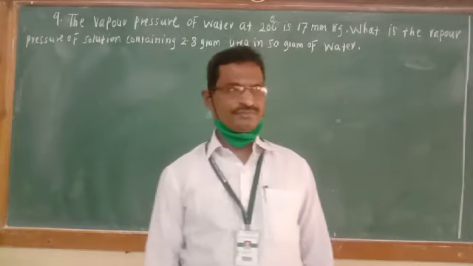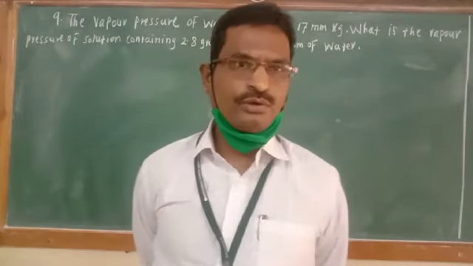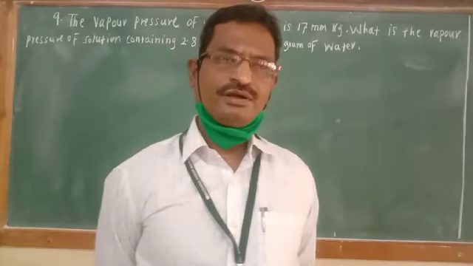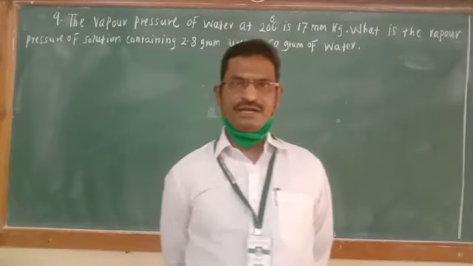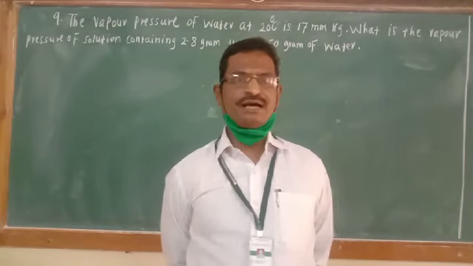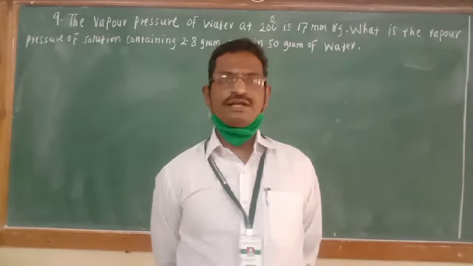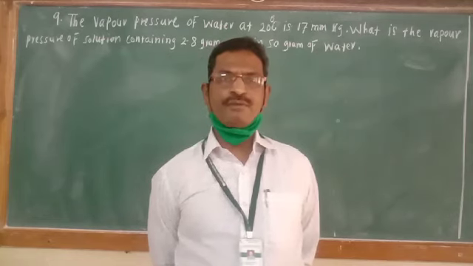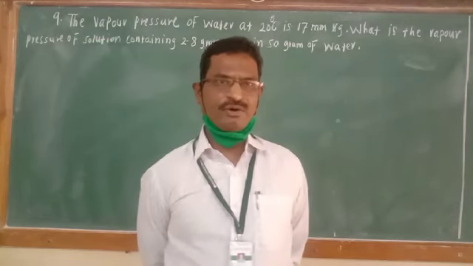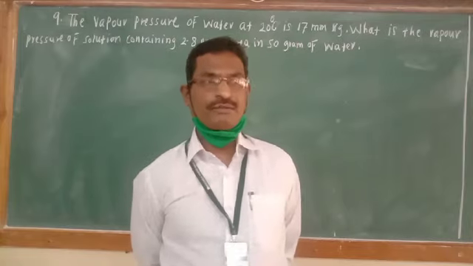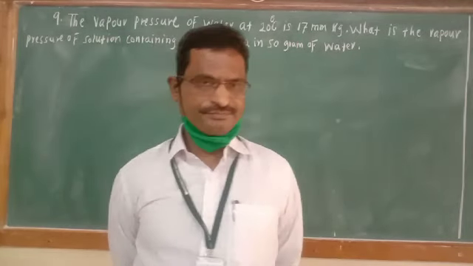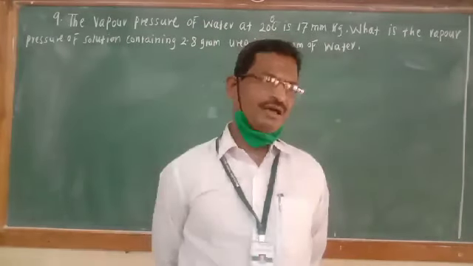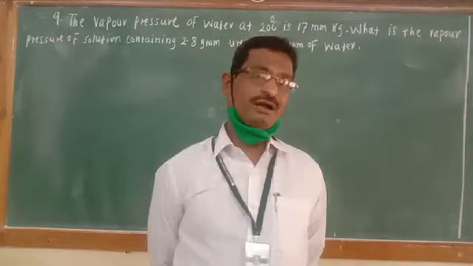Good morning students. In video number 8 we have completed the chapter of solutions. Here at the end we have studied colligative properties of electrolytes. There we have seen that the magnitude of colligative property of an electrolyte is greater as compared with the magnitude of colligative property of a non-electrolyte of the same concentration, and the molar mass of an electrolyte obtained using the magnitude of colligative property is less as compared with the theoretical molar mass of the electrolyte.